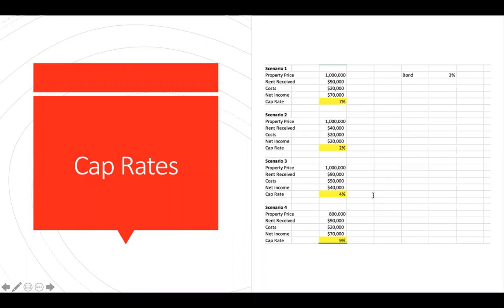According to Investopedia.com, the capitalization rate, also known as a cap rate, is used in the world of commercial real estate to indicate the rate of return that is expected to be generated on a real estate investment property. This measure is computed based on the net income which the property is expected to generate and is calculated by dividing net operating income by property asset value and is expressed as a percentage.